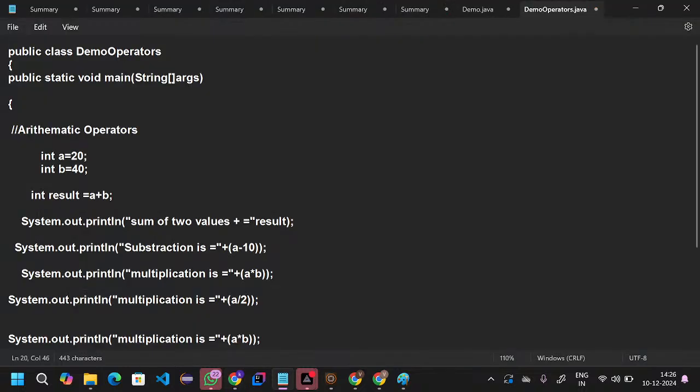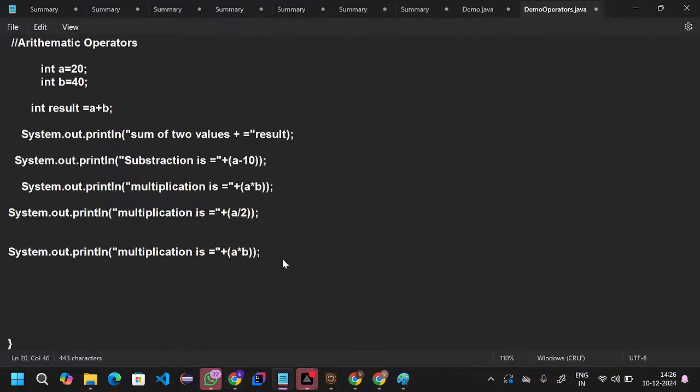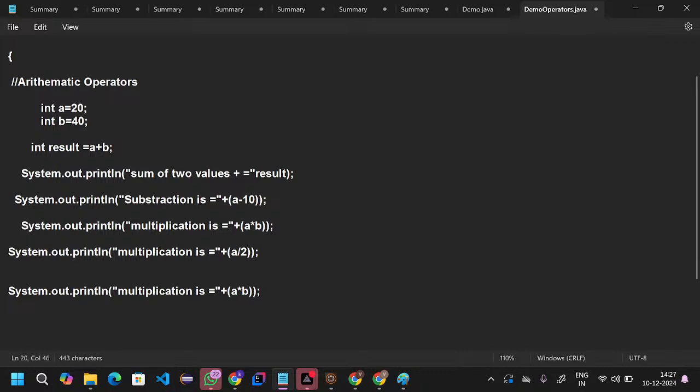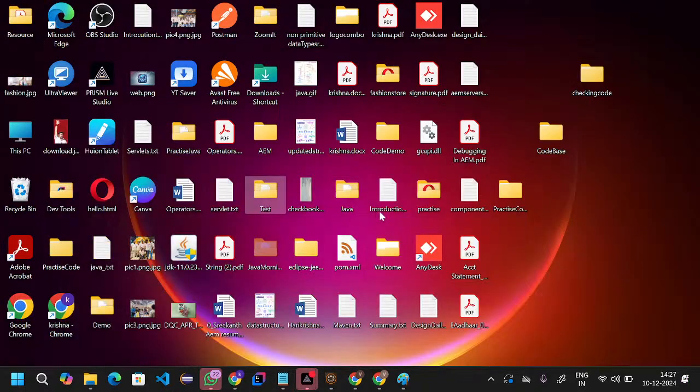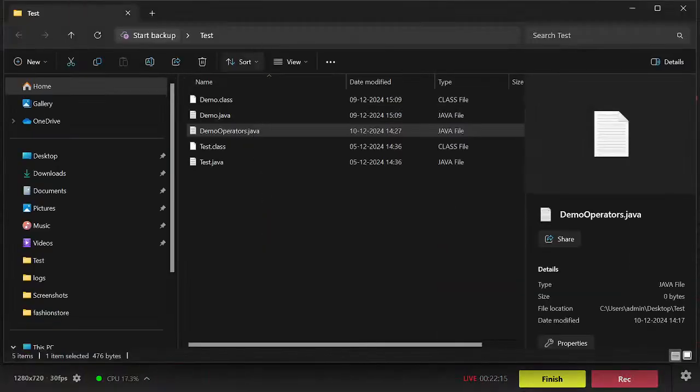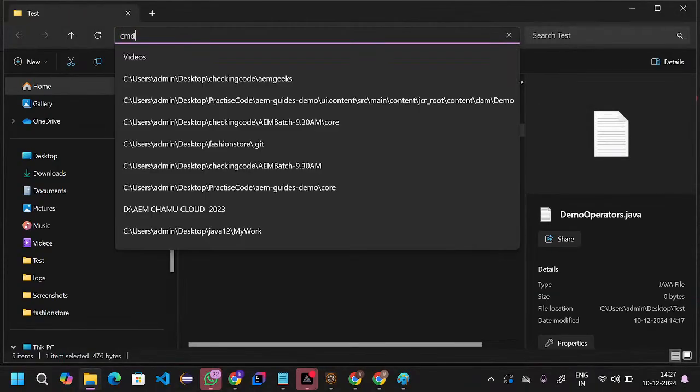We're doing the arithmetic operators, where we are doing addition, subtraction, multiplication, division, and then the modulus. I'm mentioning a modulus at the two, and then I save the file. Now go to wherever the file is available, go to that file location, and open CMD,